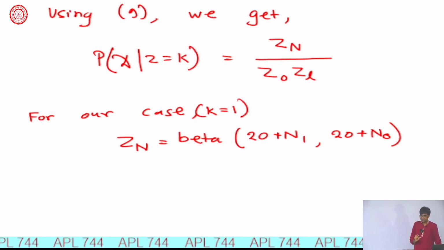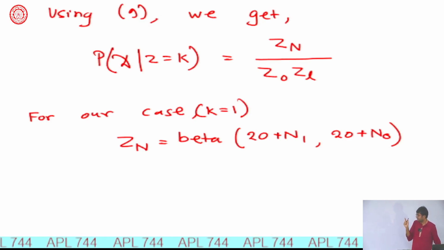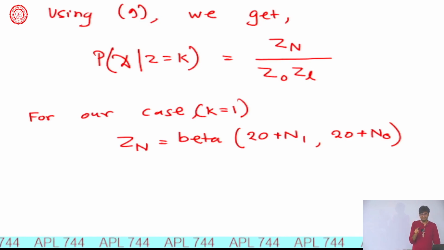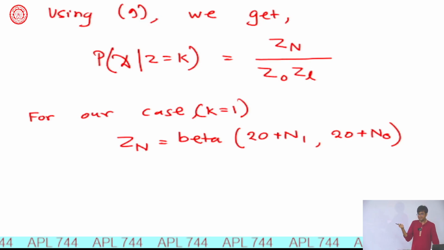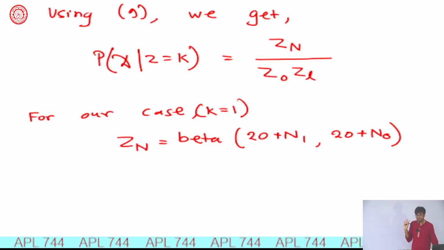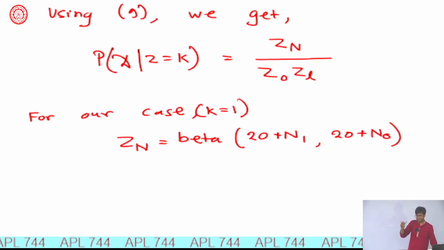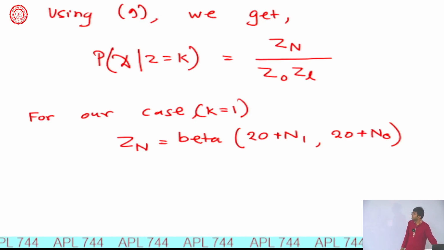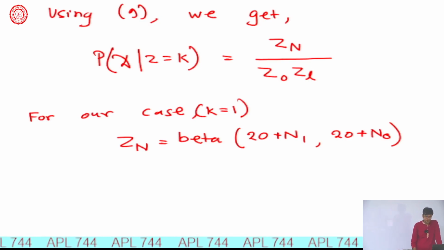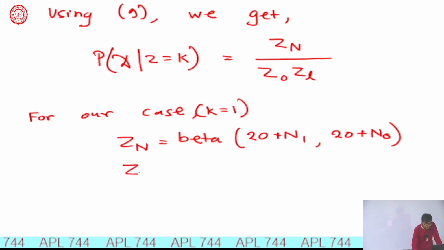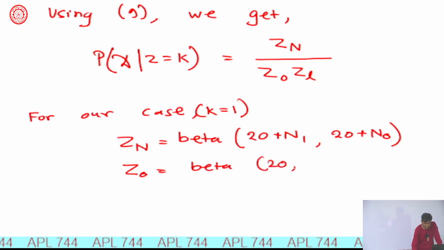So, the notation I am using here is to be carefully followed. When in the beta, when I am writing B as capital, that means distribution. In the beta, when I am writing B as small, then it is function. Okay. So, B capital E-T-A is distribution, B non capital E-T-A is function. Okay. So, Z naught will come out to be beta 20, 20,